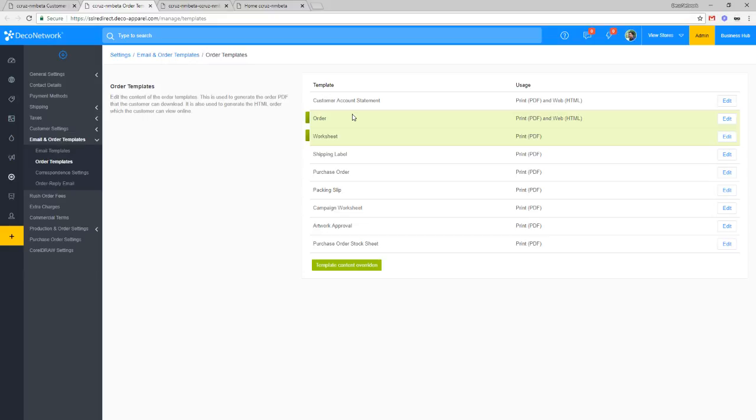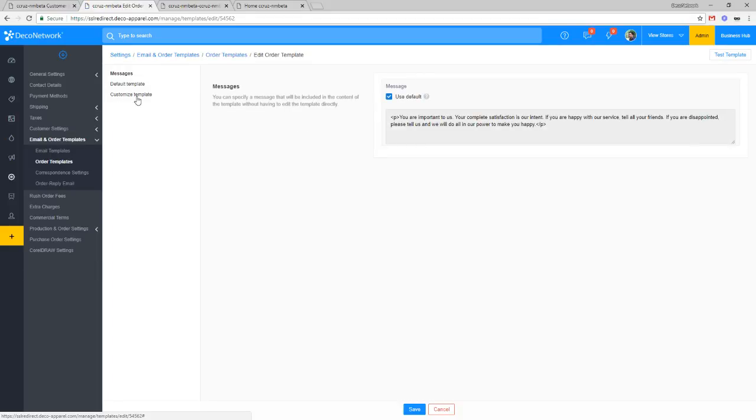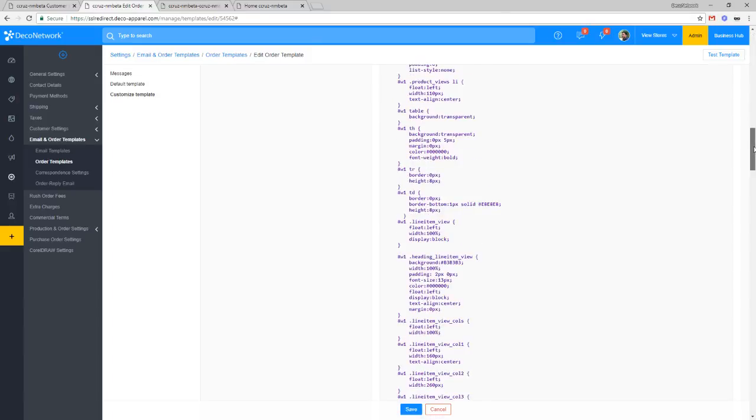If you're on a single store plan, you may need to pay an additional fee for that service. Okay, so let's take a look at order. I believe that's where we added it in last time. When you go into edit your order template, you click into the customize template section, and then turn on the customize default template option. That should give you the HTML code where you would go in